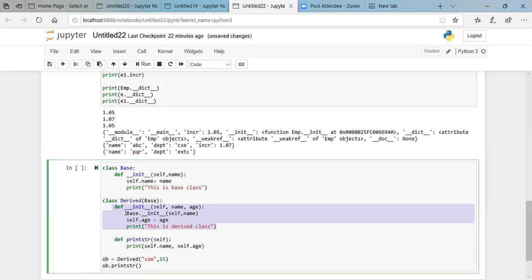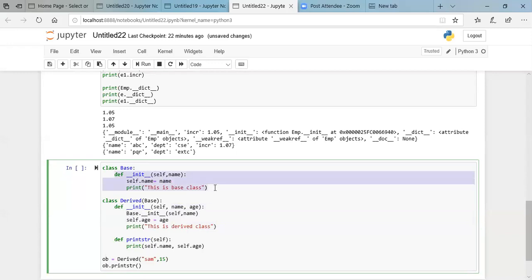So when this statement Base.__init__(self, name) gets executed, it will execute the constructor of the base class, in which the name we are passing, which is Sam, will be assigned to self.name, and then it will simply print this is a base class. So this would be the first print statement.